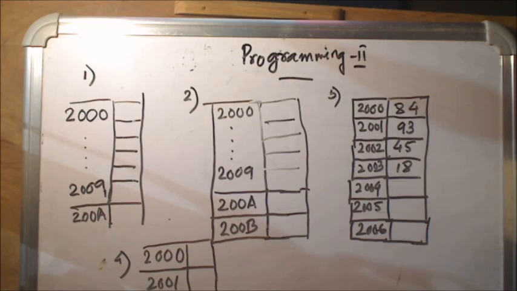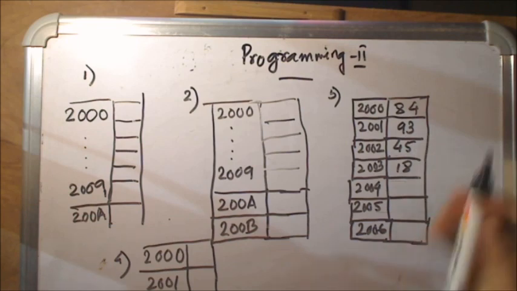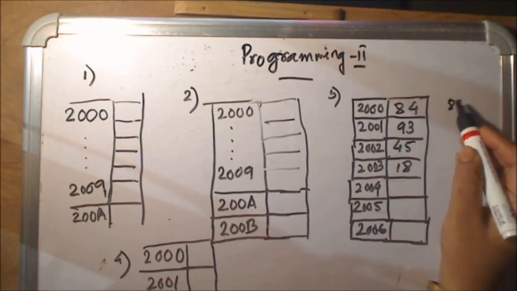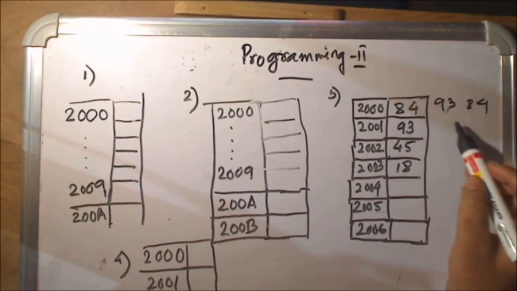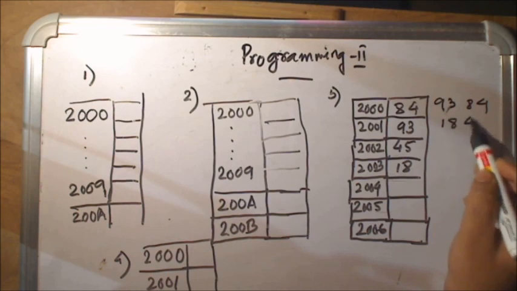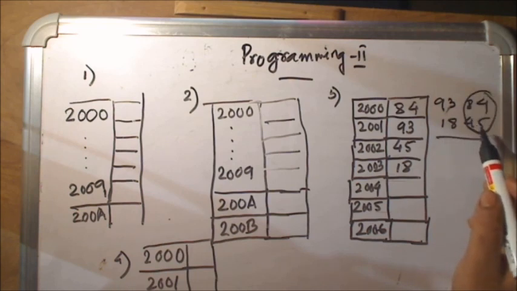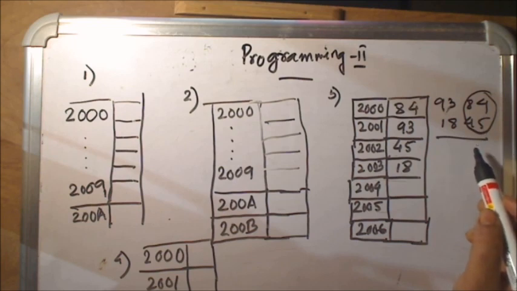So what you are going to do is add them in parts. You will add the lower byte first. Suppose in this question the numbers are 9384 and 1845, so the lower byte is 84. You add this lower byte first, and then you have to use DAA. It will give you the answer in decimal.